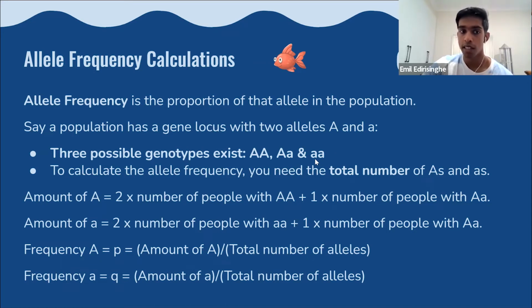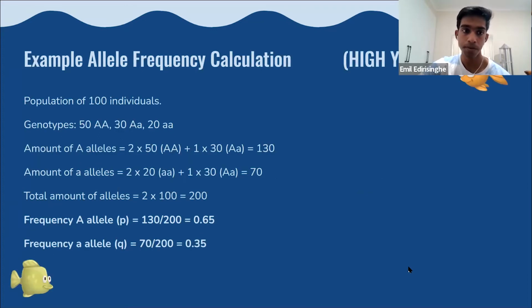What an allele frequency calculation does is essentially determine the frequency of the different alleles in a population. We usually call the frequency of the dominant allele P, and the frequency of the recessive allele Q. It doesn't really matter, but I'll show you on the next slide how an example calculation would go. For example, if there's a population of 100 individuals and the genotypes are 50 homozygous dominant, 30 heterozygous, and 20 homozygous recessive,